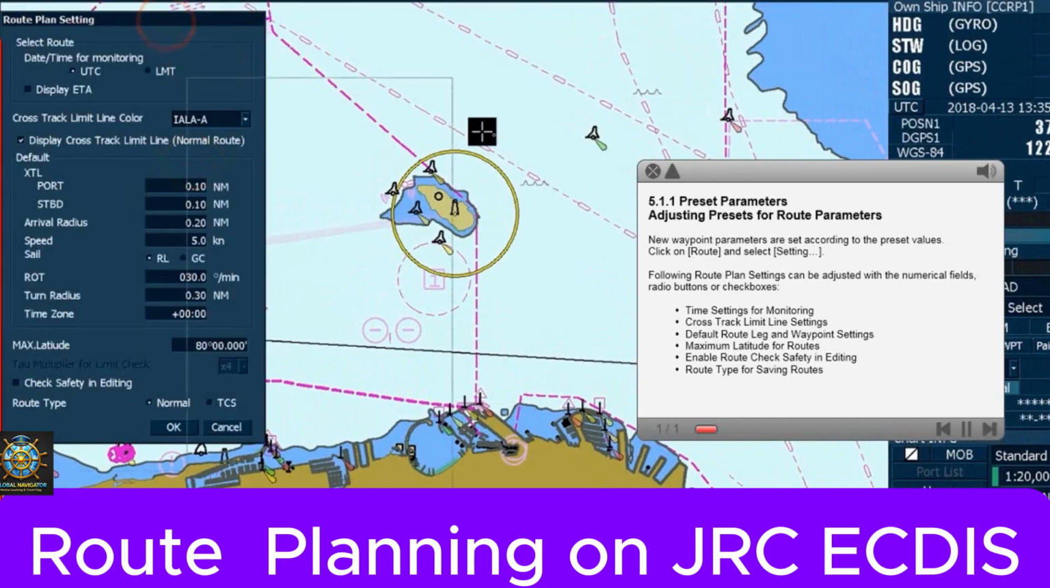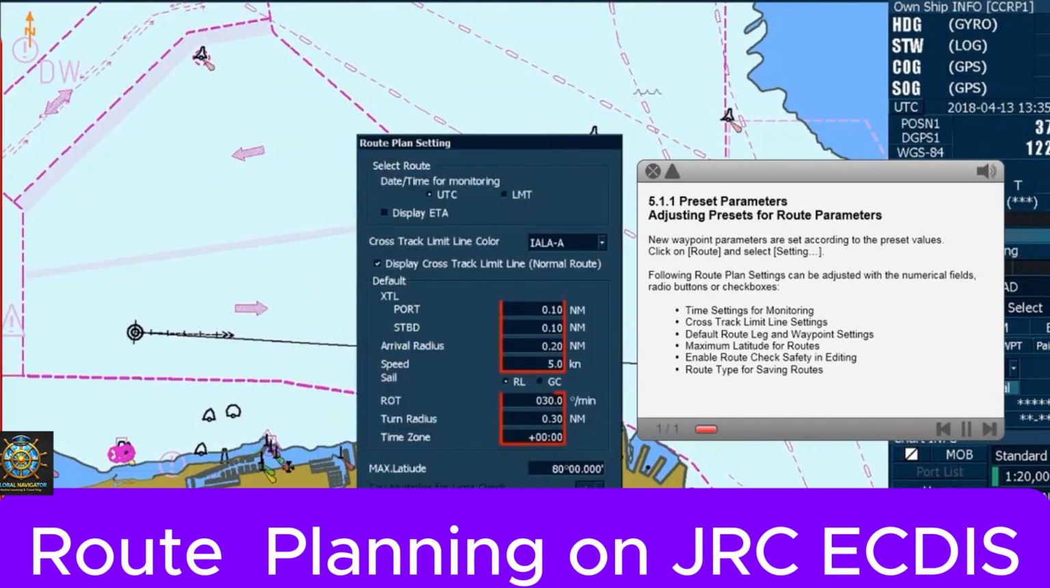Following route plan settings can be adjusted with the numerical fields, radio buttons,